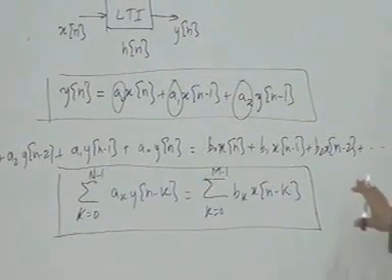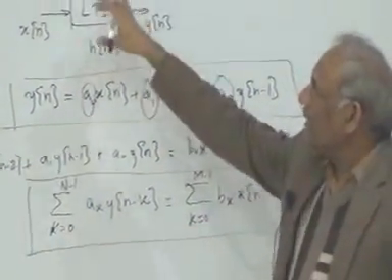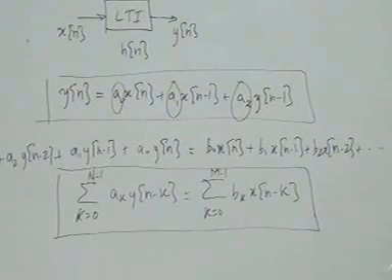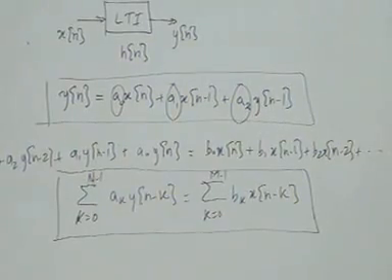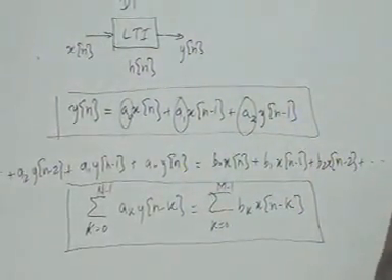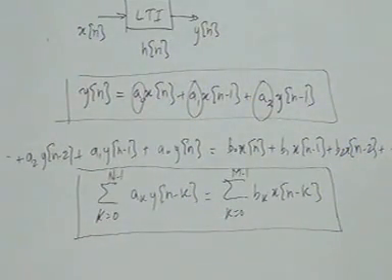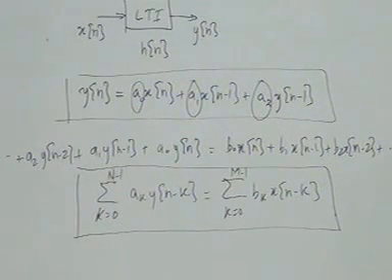The difference equation is very important because it also describes your system completely. So what do we mean by describing a system? By describing a system we mean that we should be able to find out the output for any given input. We should be able to find out different properties of the system. Now what properties are we interested in? If we are given a system, what are the properties that we are normally interested in finding out? We are going to talk about it in the next few lectures.